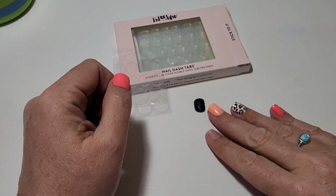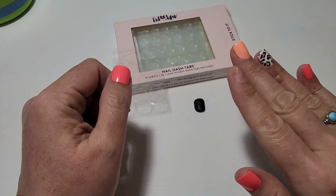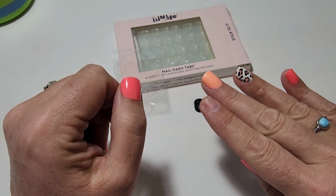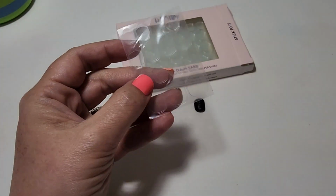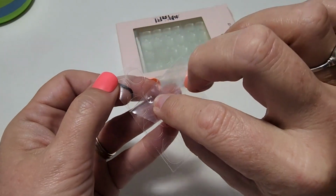So I have the last nail ready here, and I have done our standard application procedures already, where I've pushed back the cuticles, I've buffed it, and I've wiped it down with an alcohol wipe so it's dry and ready for the nail. So now we're going to take our nail tabs, and these come with kind of a double-sided